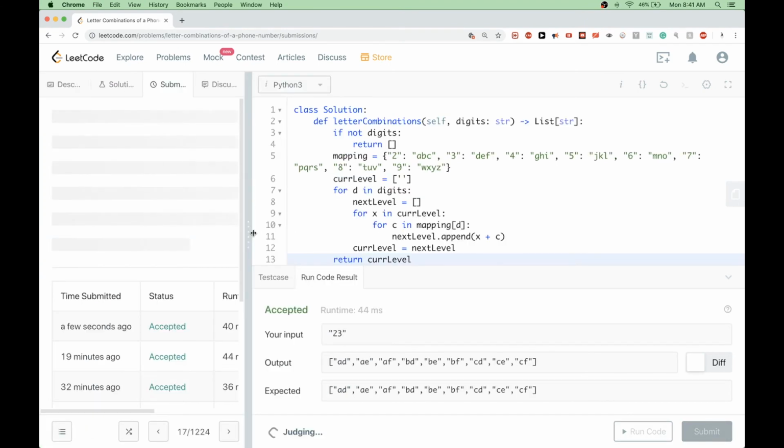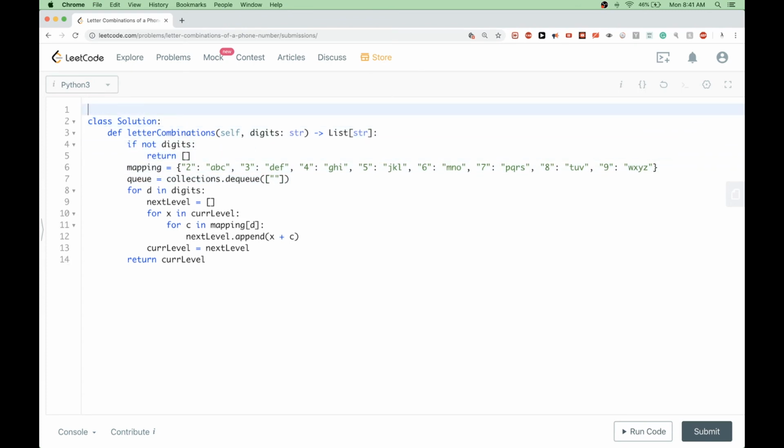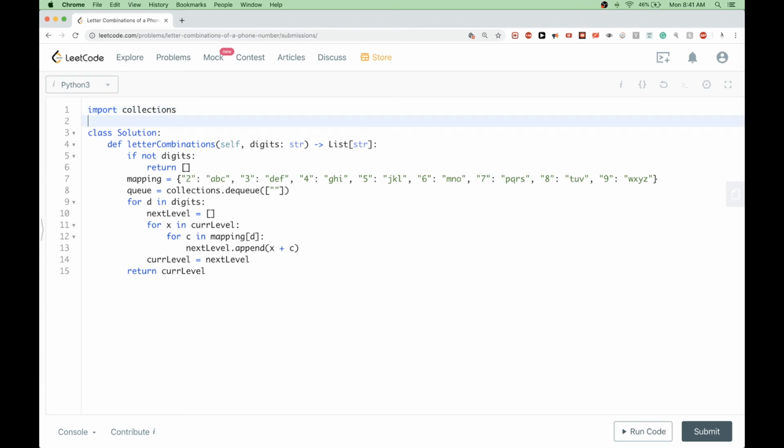So let's submit. Okay, so that solution passes. Now to adjust this to the other method that I explained earlier, instead of using two lists, we are now using just one deque that gets initialized to an empty list, and then we would say import collections here. And after that, we don't need this next level since now we are storing everything in the queue, but we need to check to basically limit here to get only the current level values. And the way we are doing that is while the front of the queue